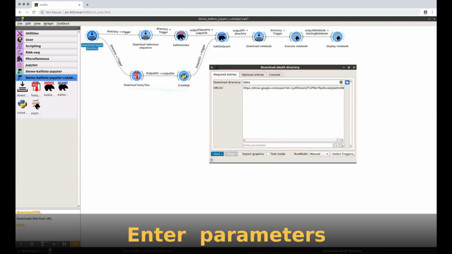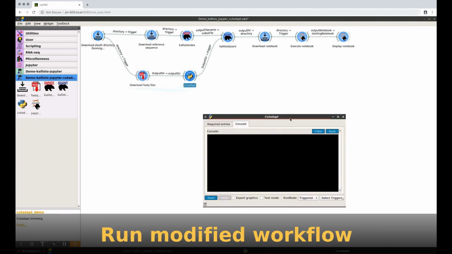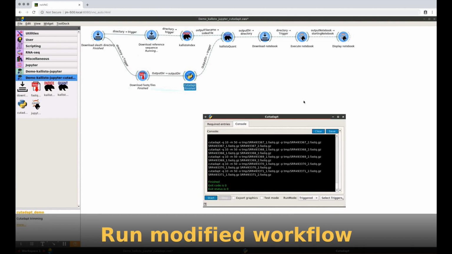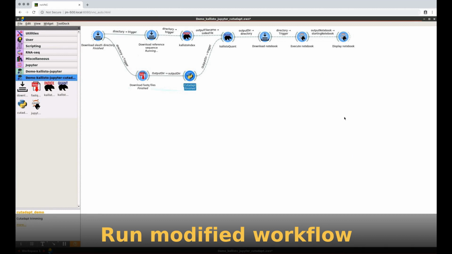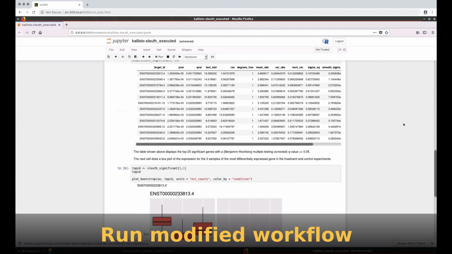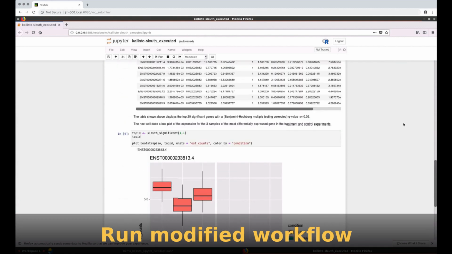Let's start the modified workflow by double-clicking on the Download Sleuth Directory widget and clicking on the Start button. We'll also open the new CutAdapt widget's console to see that it is actually processing the reads. It correctly activates the Callisto Quant widget, and the pipeline finishes by popping up a Jupyter notebook with the sleuth